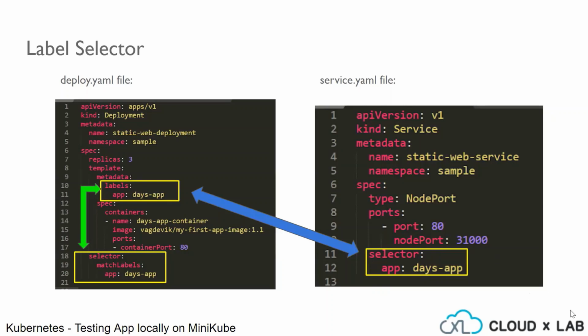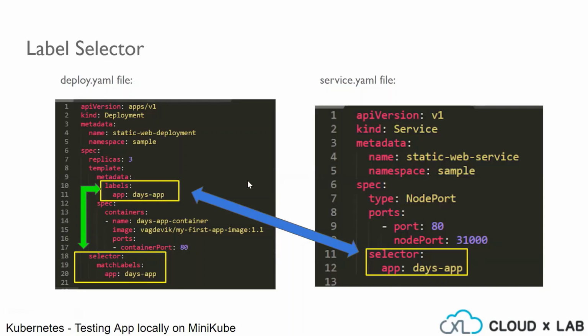So in order to understand more about label selector, this service pertains to these pods. This is claimed by the labels and selectors. It is through this label selector mechanism that the deployment finds its pods to manage them, as shown in the green arrow.